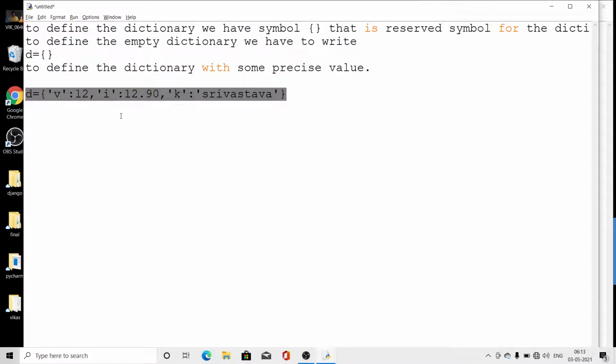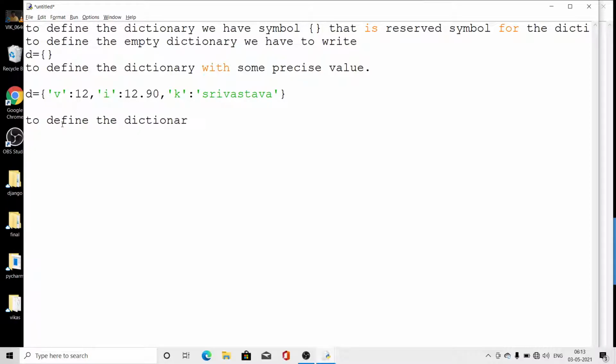Okay, so now, to define the dictionary with the help of input, we can also define a dictionary with the help of the assignment operator.